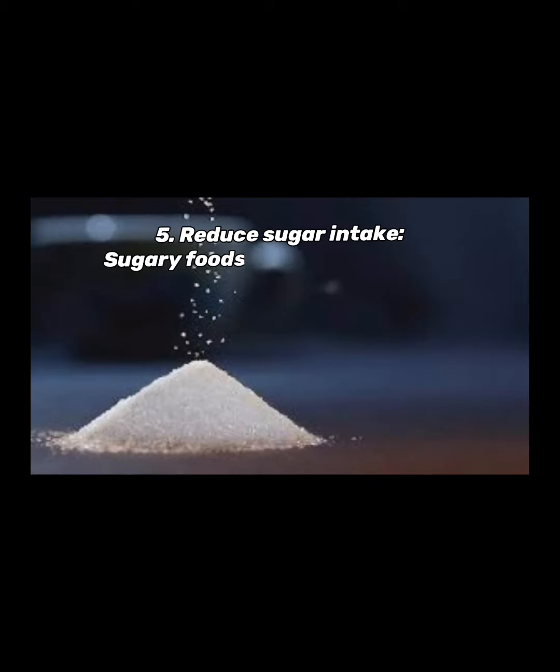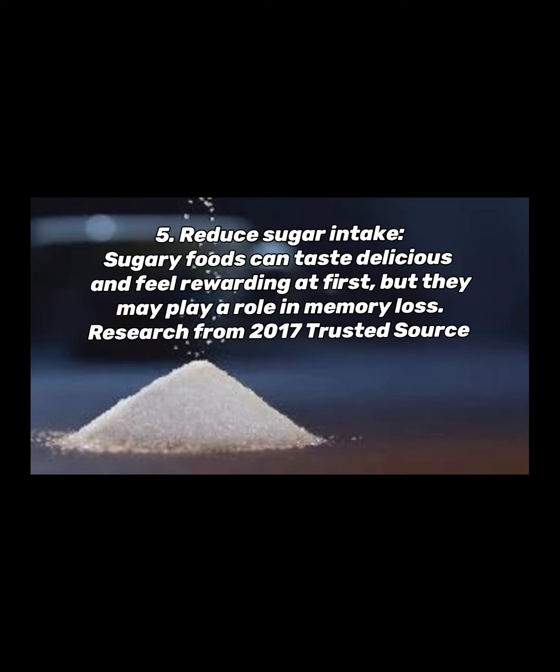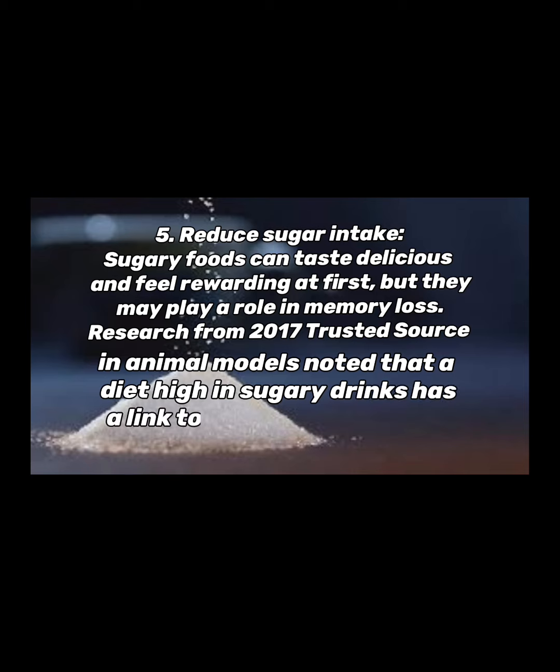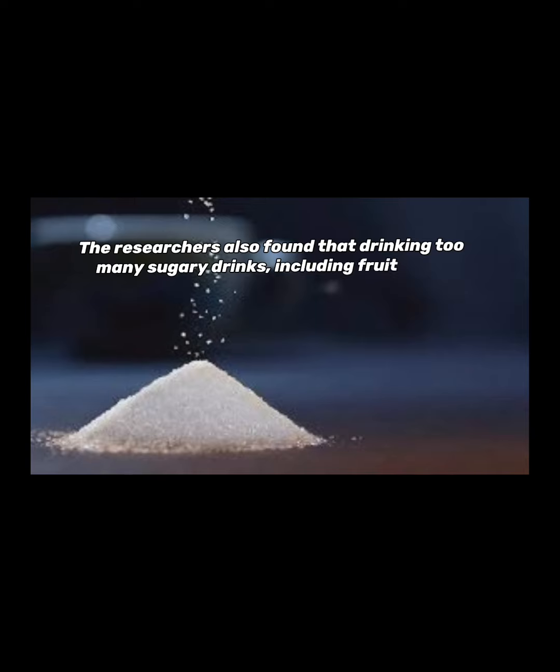Number 5. Reduce sugar intake. Sugary foods can taste delicious and feel rewarding at first, but they may play a role in memory loss. Research from 2017 in animal models noted that a diet high in sugary drinks has a link to Alzheimer's disease. The researchers also found that drinking too many sugary drinks, including fruit juice, may have a connection to